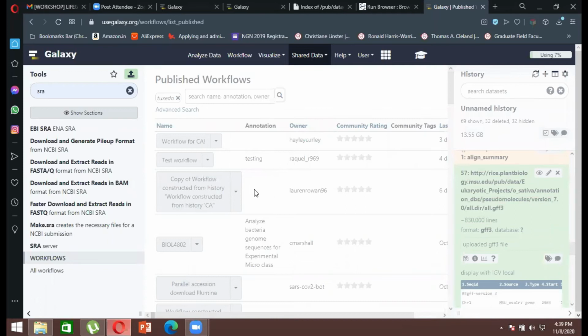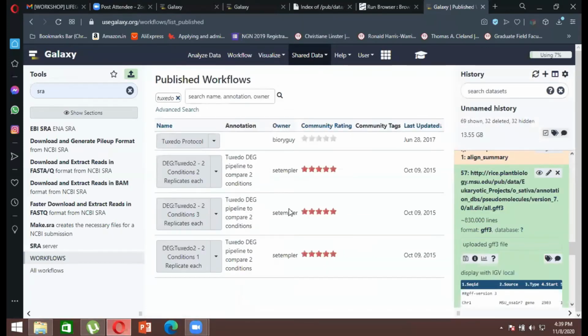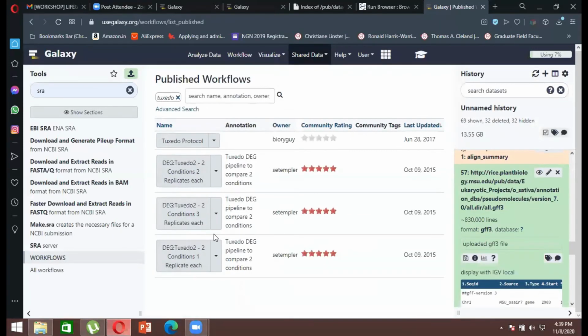It will take some time, and then it will give you the output, whatever it is, right? So these are the 3 files that I have got in the corresponding terms for Tuxedo. What he has done is his ID name is bio ry guy, and whatever annotation that he has done is in the name of Tuxedo DEG and corresponding to that. And then you can see when he has uploaded those files, and the last updated values, when he has updated the values for those files, right?